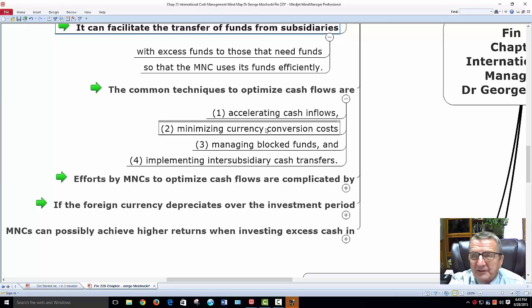Doesn't keep it in. What else could I do? Or do I go around? I'm not saying the back door. I'm not doing anything illegal, guys. Mine is not to touch illegal, but I could transfer. It may not go back to the U.S., but it could transfer to another subsidiary within the European Union, because the European Union has one central system. I'm just using that as an example. So logically, you can see what's happened. They have one central system, European central system. So they'll allow me to move money from France to Germany or to Poland, but they won't let them bring it back to the U.S.